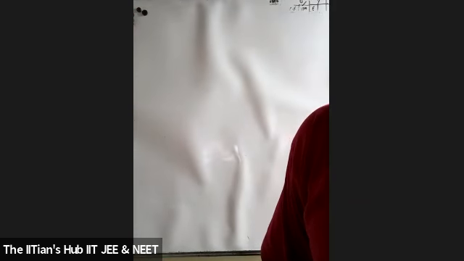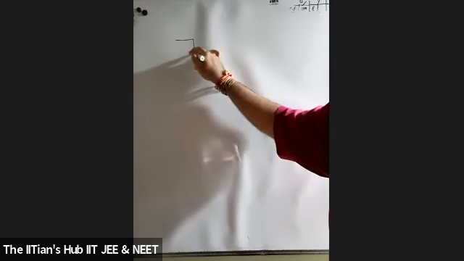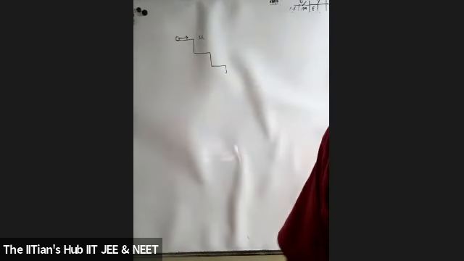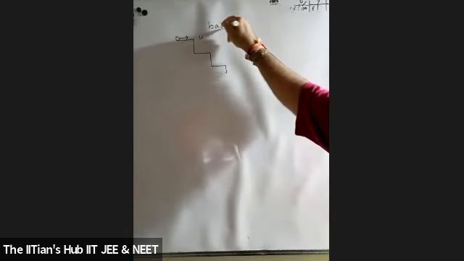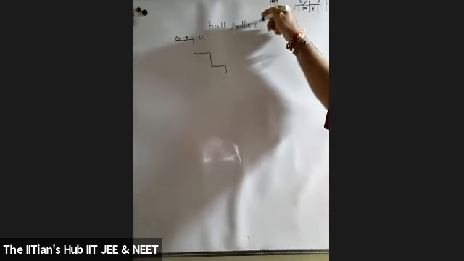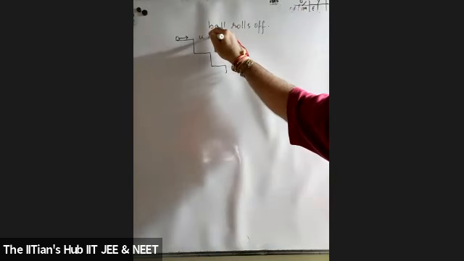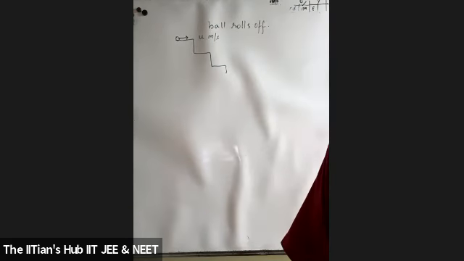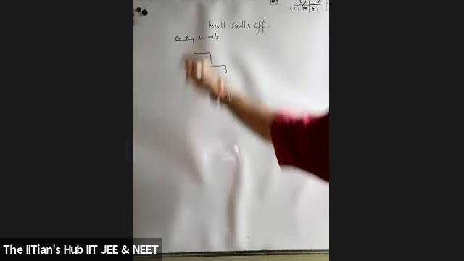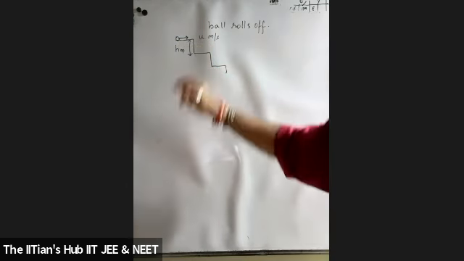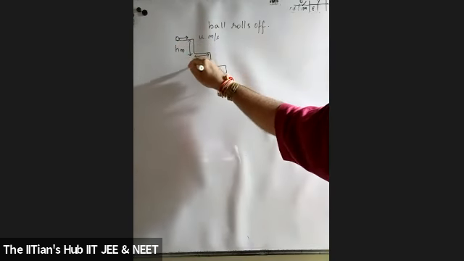A ball rolls off of a staircase with a horizontal velocity. Suppose I give you a staircase, and a ball is rolling off with a velocity u, from a staircase with a horizontal velocity u. This is the horizontal velocity, u meter per second, students. If the steps are h meter high, and the width of the staircase is b meter, please try to solve it.